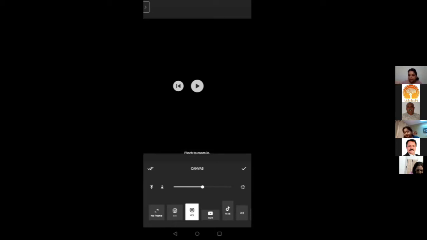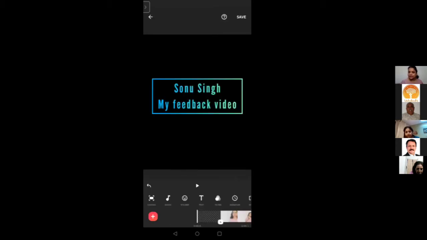So see, it will increase its size. ठीक है? And now since I have 2 clips, ठीक है, मेरे पास 2 clip है इस attachment में, इस video में. So it will ask me if I do only one right click here. So that means it gets attached. That setting only is done only for my first frame, right?